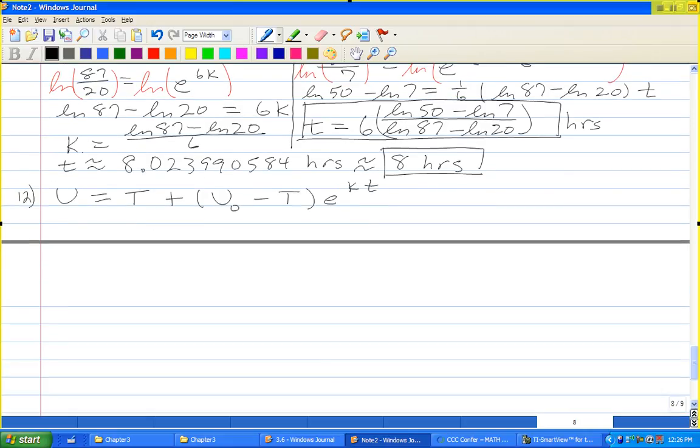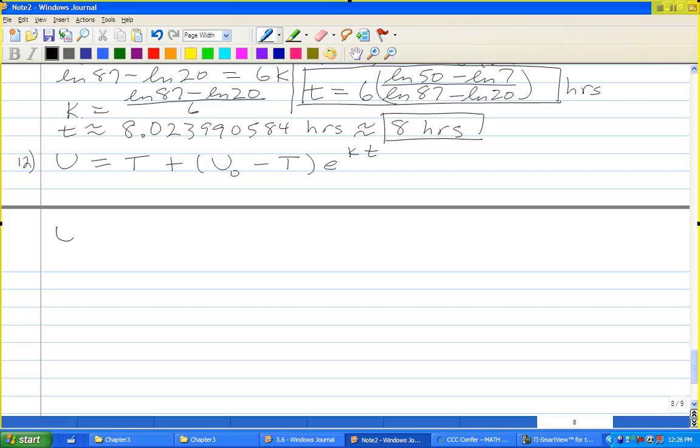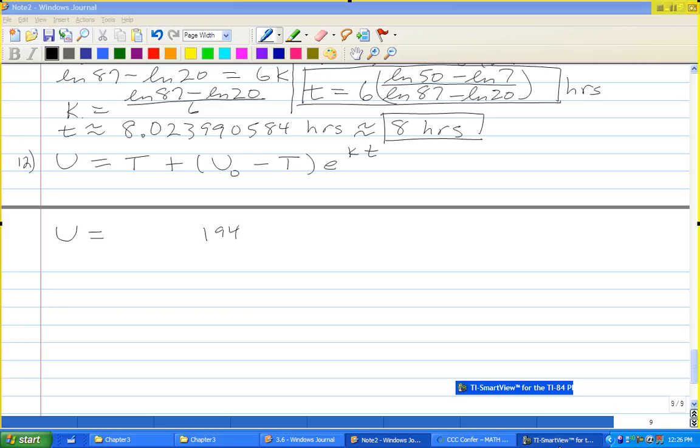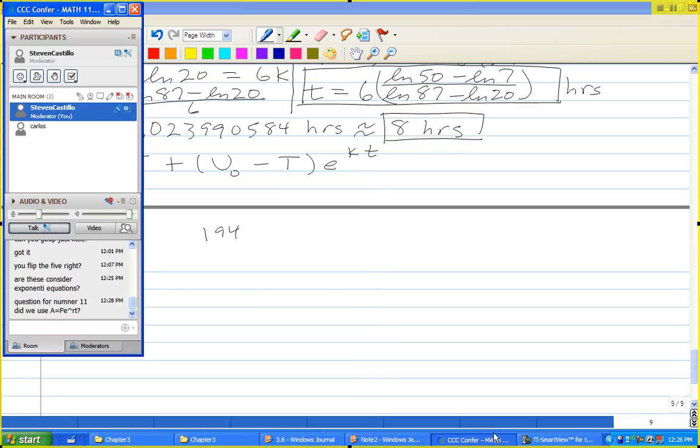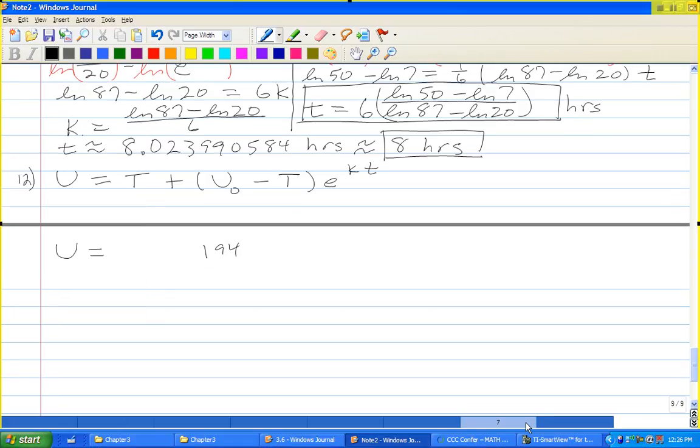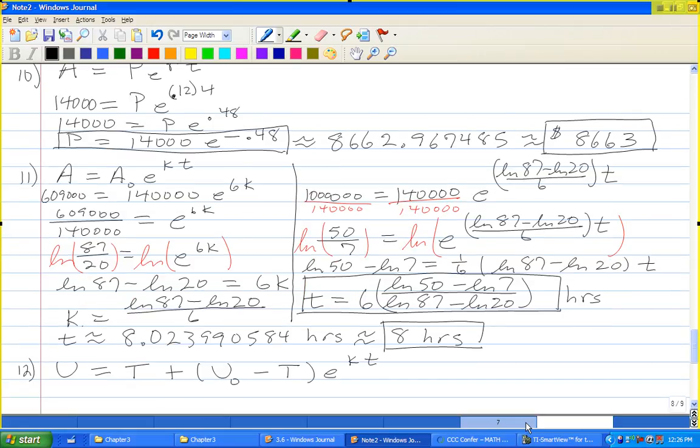Okay, so a cup of coffee is heated to 194 degrees. Yes, the answer is yes, but we called it